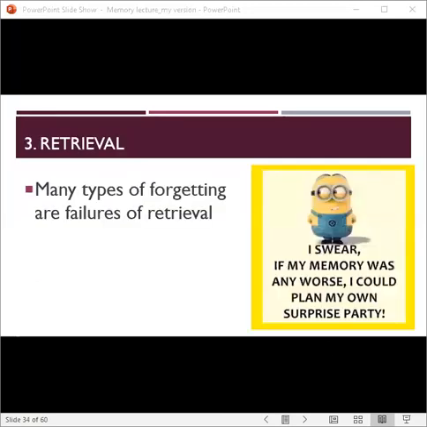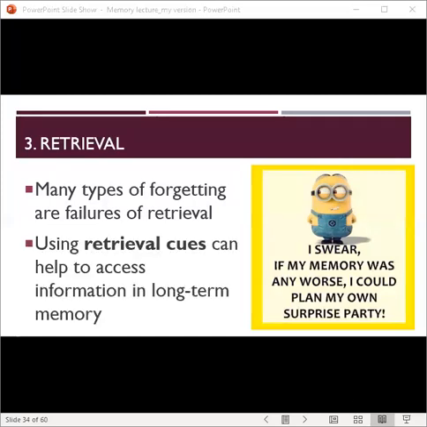Last up is retrieval, which is the reactivation or reconstruction of experiences from our memory stores. To remember something, we have to fetch it out of our long-term memory bank. Many types of forgetting result from failures of retrieval. But some things can help with this, such as retrieval cues or hints that make it easier to retrieve the